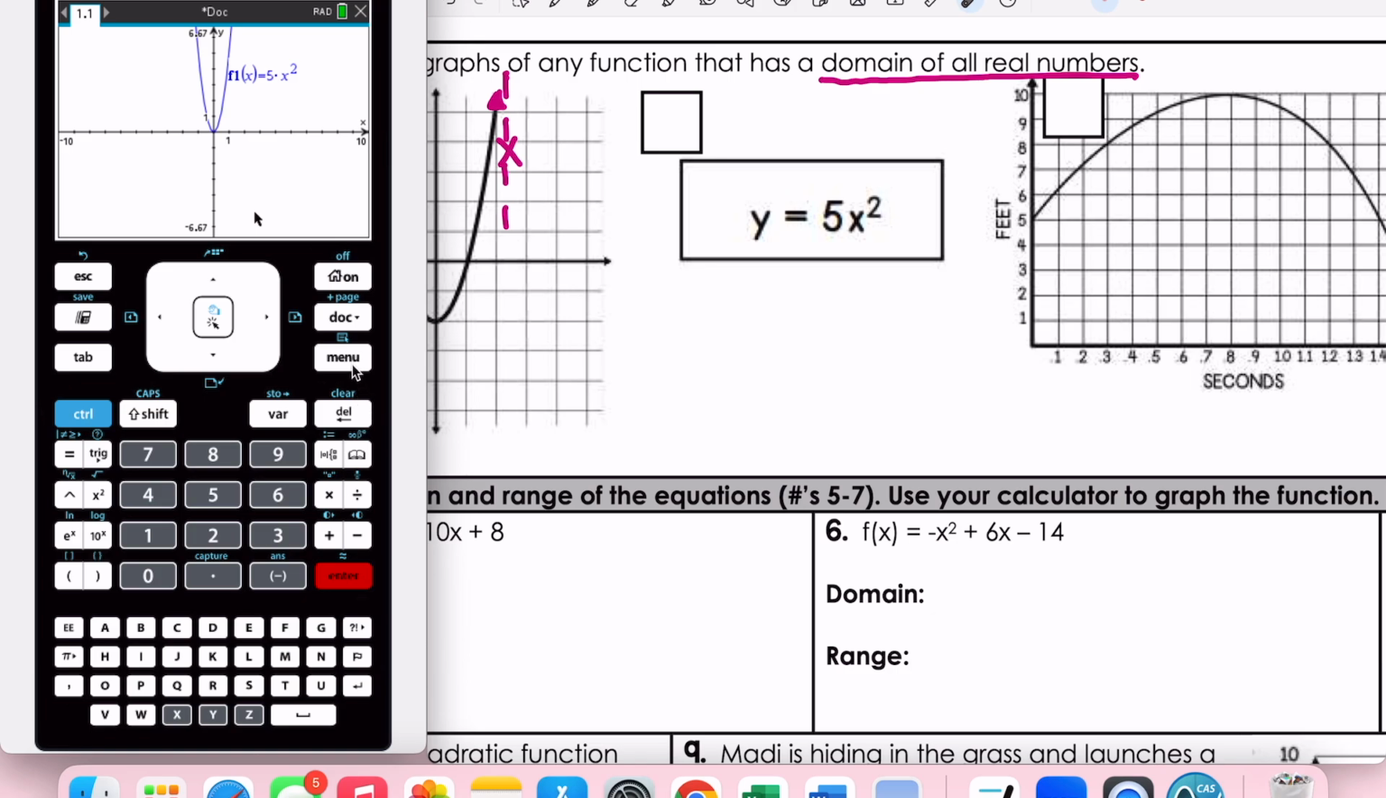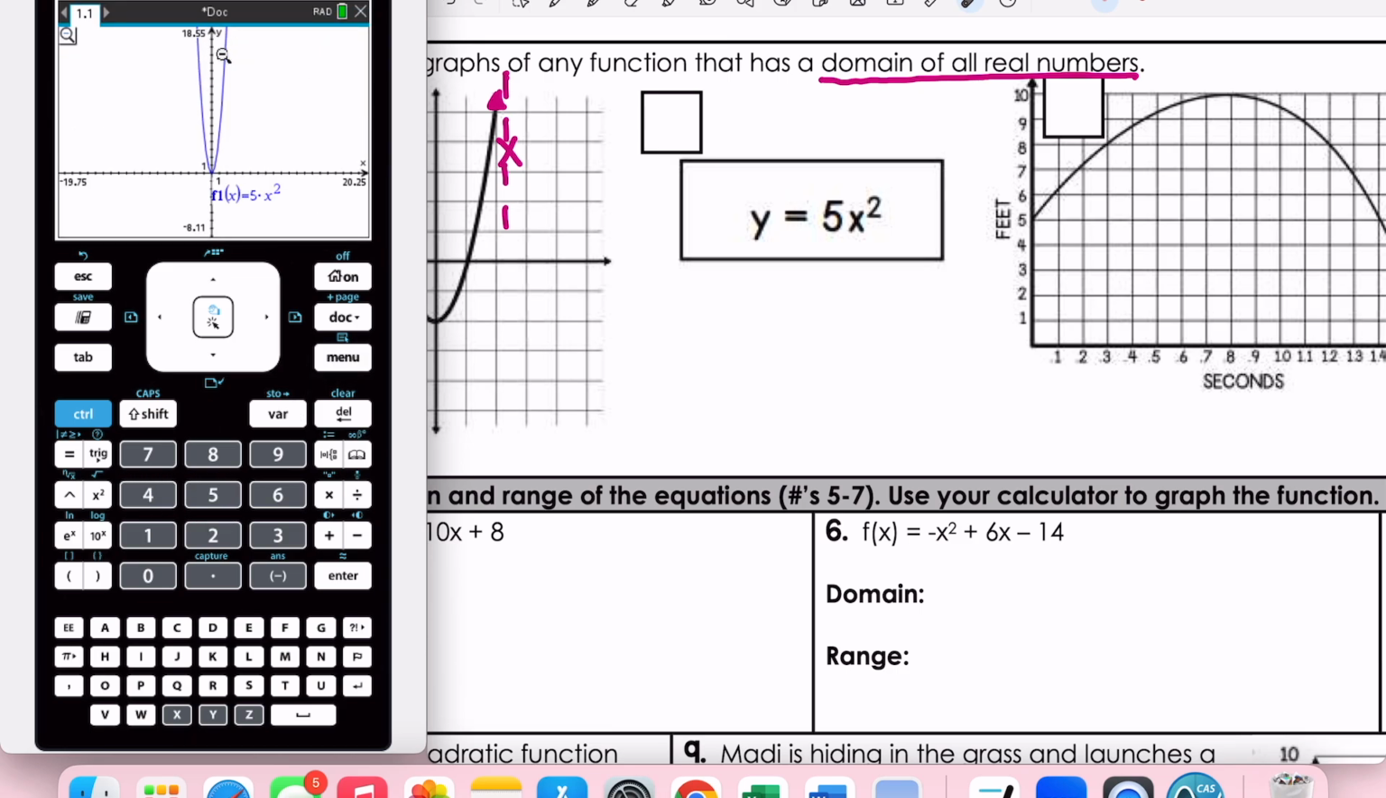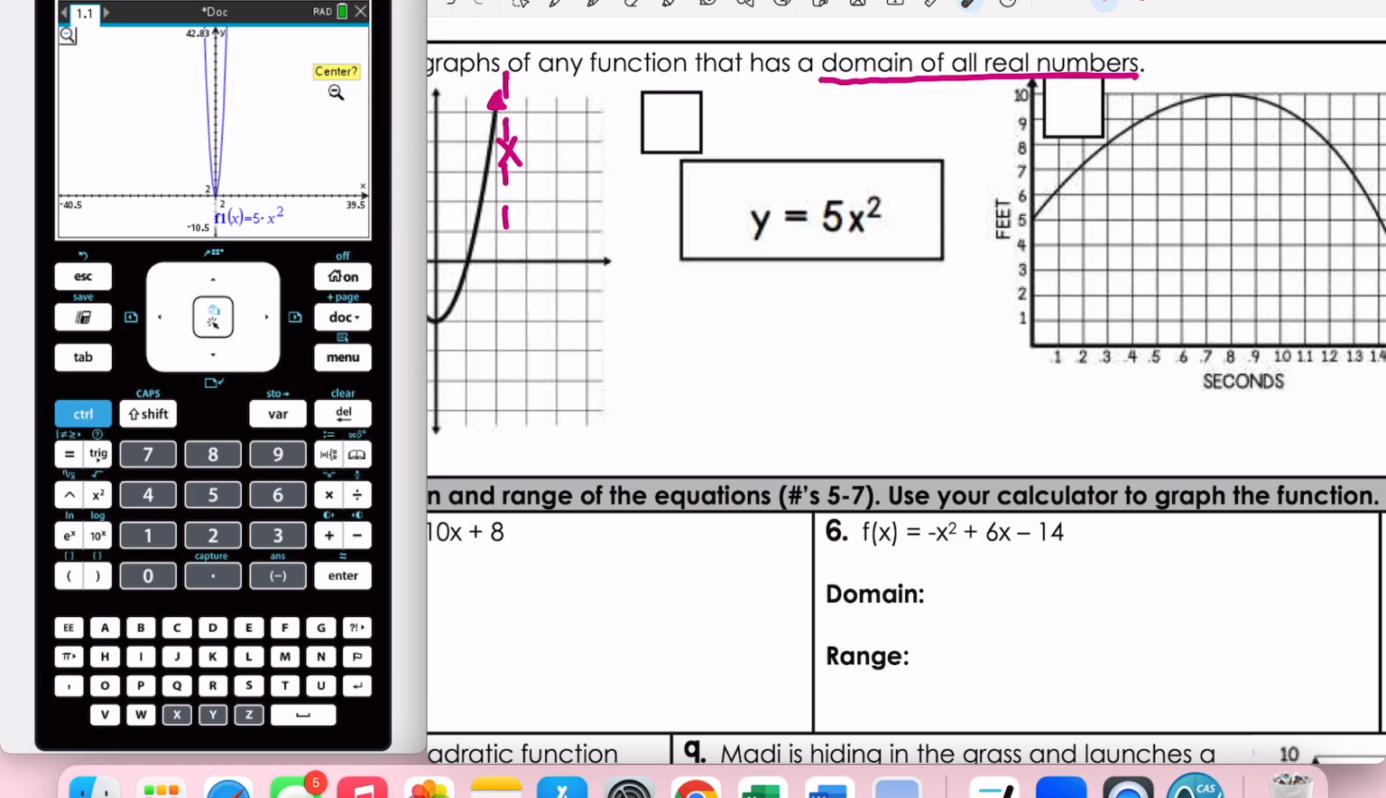And so some of you may want to say that it is not all real numbers. But I want you to realize that if you zoom out on your graph, you're going to notice that your graph is going to continue to keep going on forever and ever in both directions. I can put whatever number I want to put in for x, and it's going to give me an output. So just an FYI, whenever you're talking about any type of equation, the domain is always going to be all